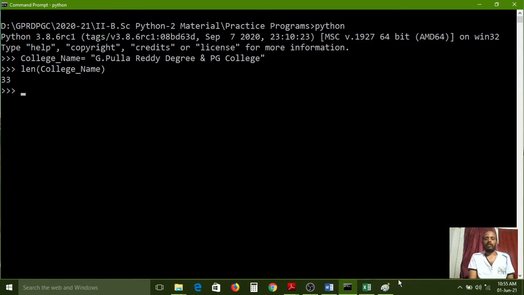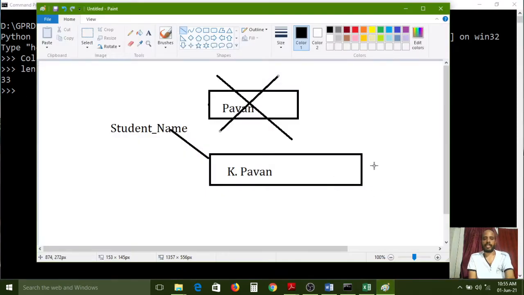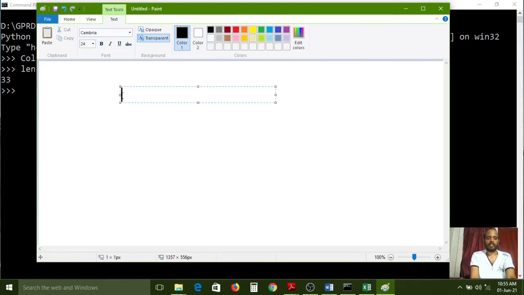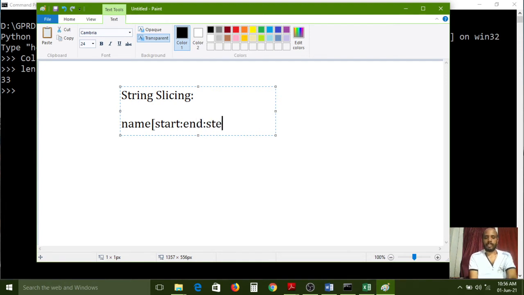So how to use that? First we need to understand the syntax. String slicing is the concept name. Here: variable name, opening bracket, start, colon, end, colon, step.